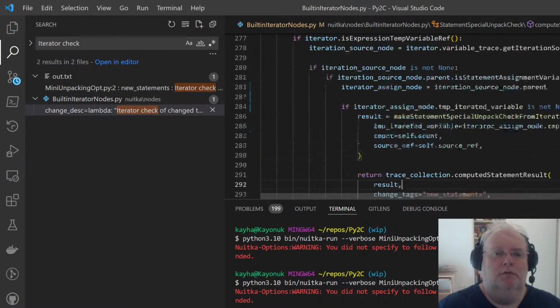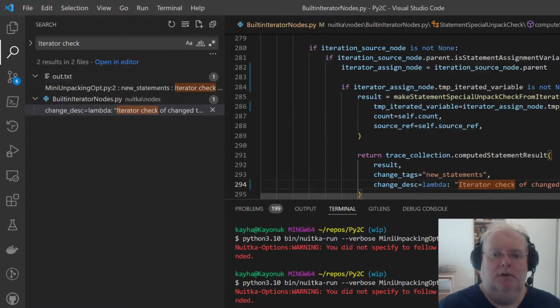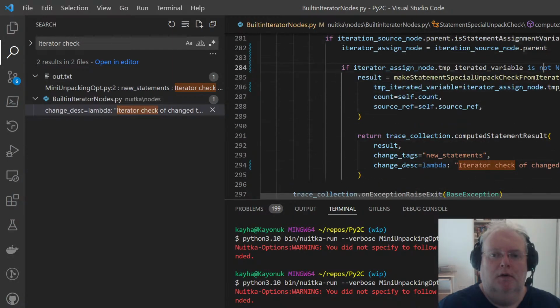And I know that it's an iterator assignment, but now I wouldn't use... I only use one variable here, and I think I should only mention it.